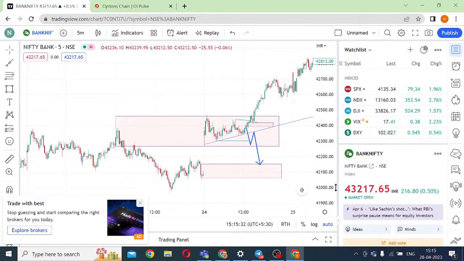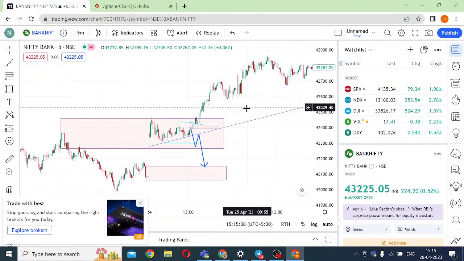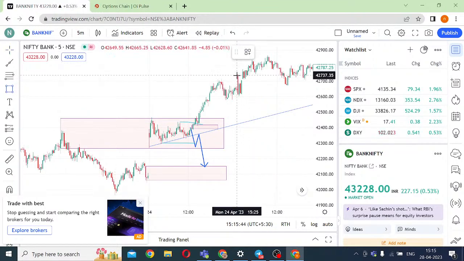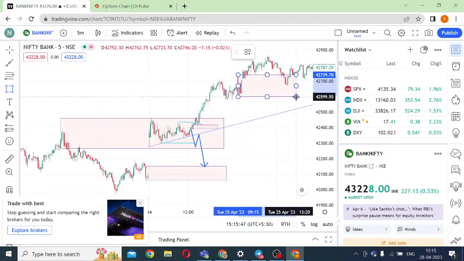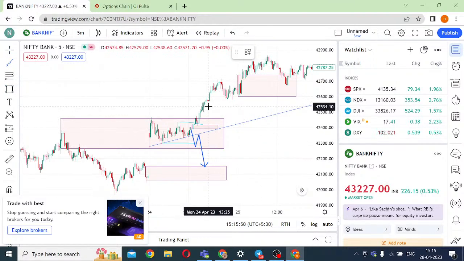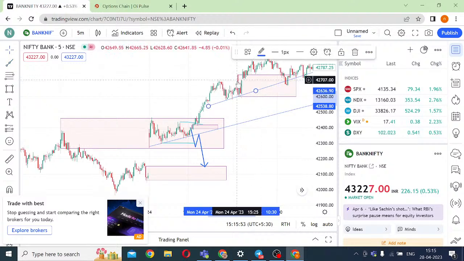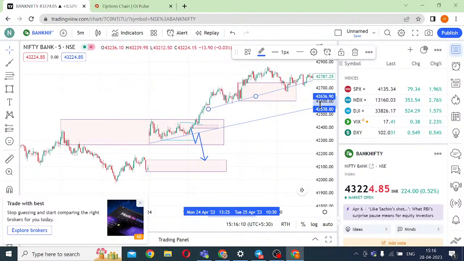Now, in fact, yesterday the same thing happened. Yesterday we were on the 24th, okay, 25th. If you see, same thing, do you see this? It has taken a support of the swing. This swing has not been taken out. What is happening here? It's consolidating. The moment the high gets taken out, what did I say? You don't enter at the breakout, you wait for the retest. Here it takes a retest, you enter long again, you can put the Fibonacci and then you can get your entries there.